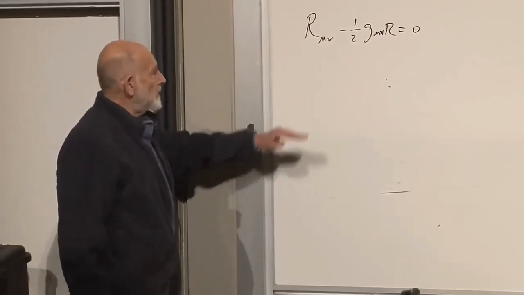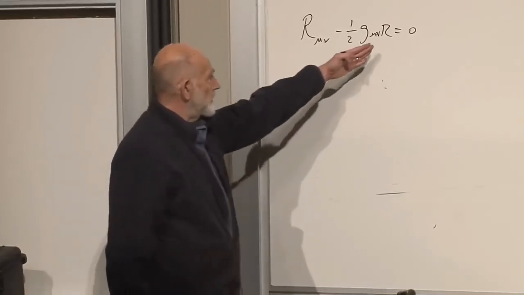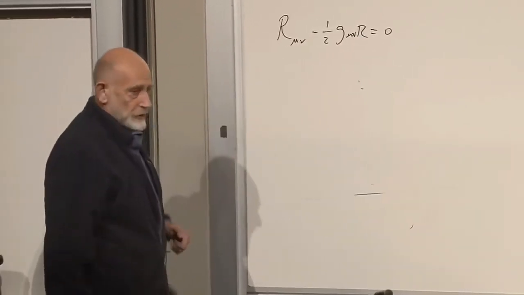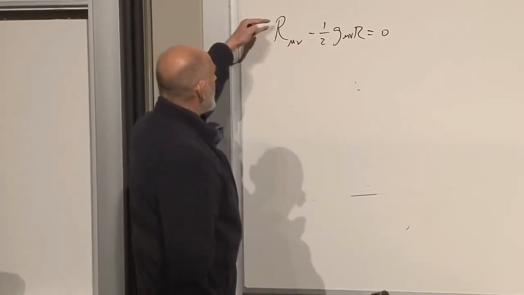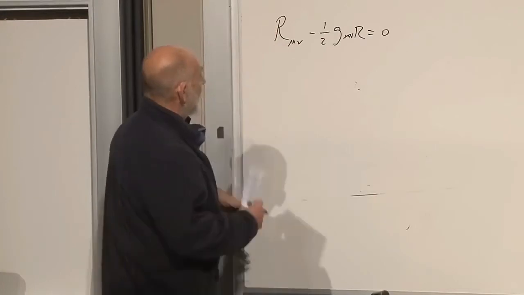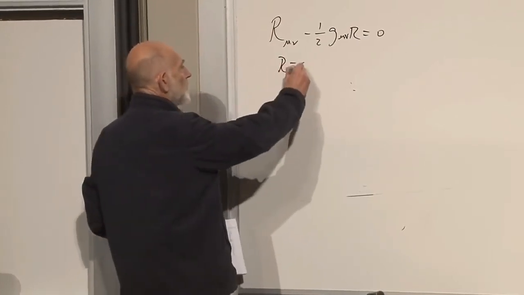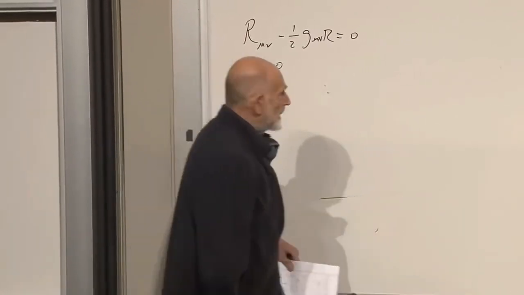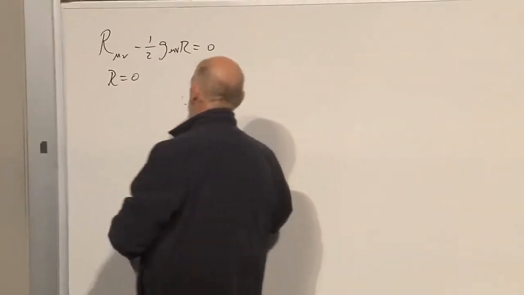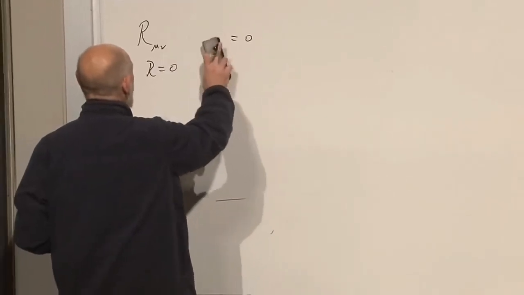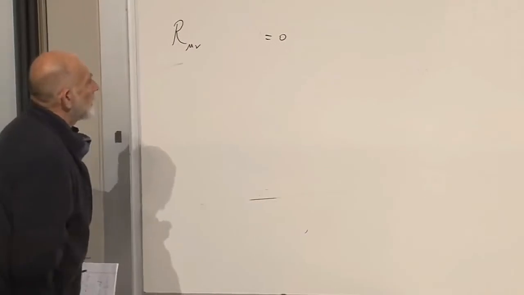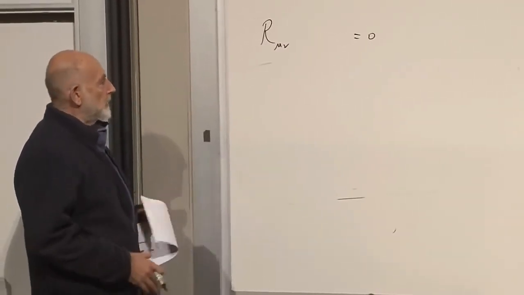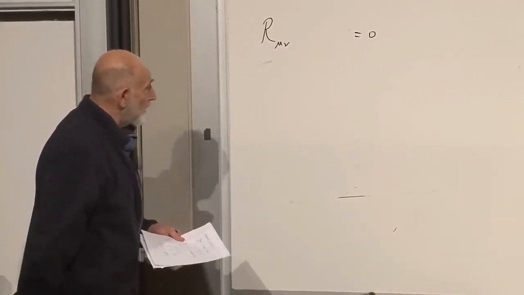If you take the trace of both sides, the R here is the trace of the Ricci tensor. If you take the trace of both sides, you will discover that R, the scalar curvature, is equal to 0. And once you know that, you can ignore the second term in the equation. The equation is simpler. That doesn't really matter because we're not going to write down the details anyway. But this is the equation of Einstein in a context in which there is no energy momentum tensor on the